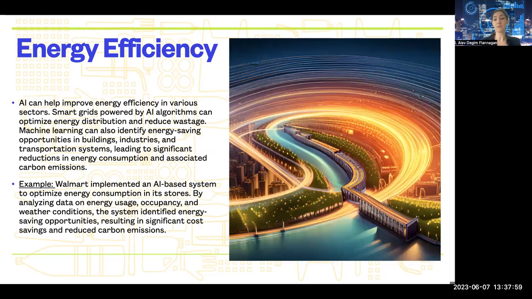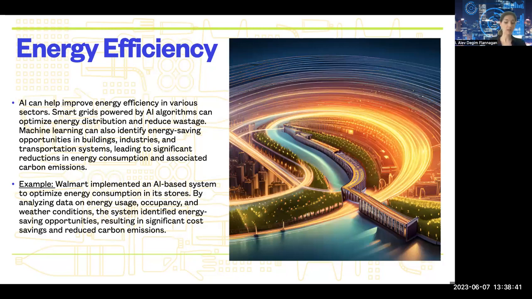Just general energy efficiency is another topic where AI can really help improve our daily activities and daily use, and help address global warming. AI can play a vital role in improving energy efficiency in various sectors. Smart grids powered by AI algorithms can optimize energy distribution, reduce wastage, and balance supply and demand. Additionally, machine learning can identify energy-saving opportunities in buildings, industries, and transportation systems, leading to significant reductions in energy consumption